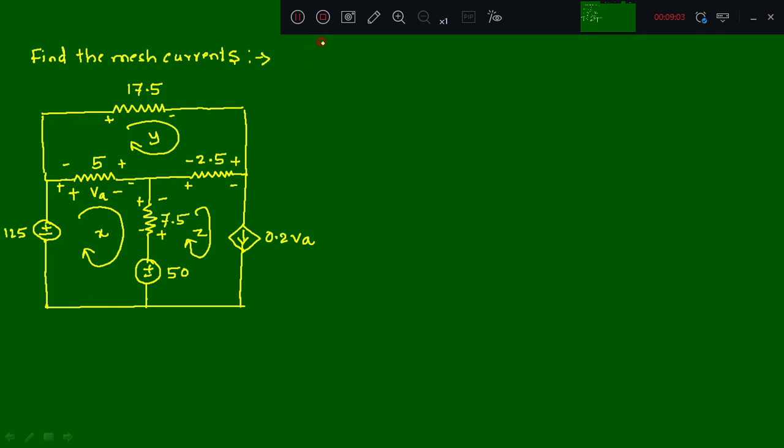Right. Now first step. In this numerical, we have come across one different kind of notation here. It is a current source but depends on what? Voltage value. Therefore this is a voltage dependent current source. This whole category I have discussed in the basic class, right? So what is the dependent quantity here? It is VA. What is that VA that we need to write? See the circuit. Where is the VA? VA is the voltage across 5 ohm.